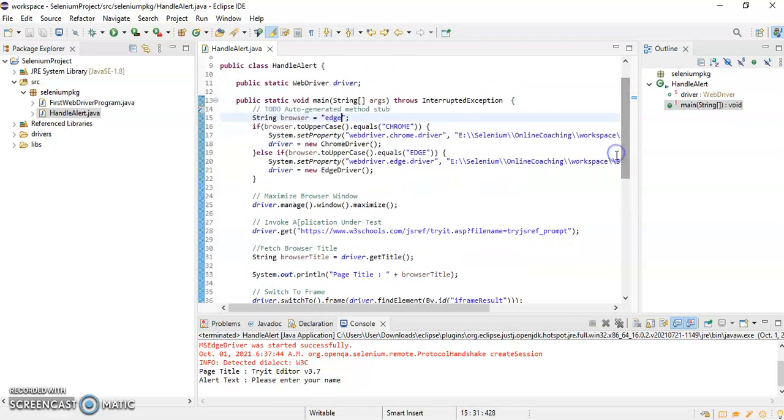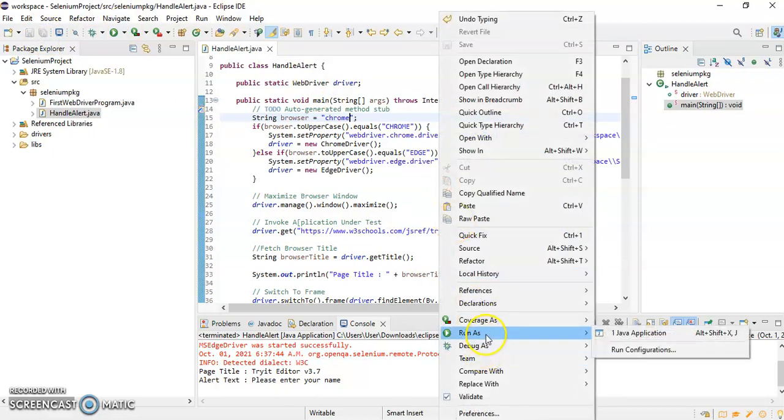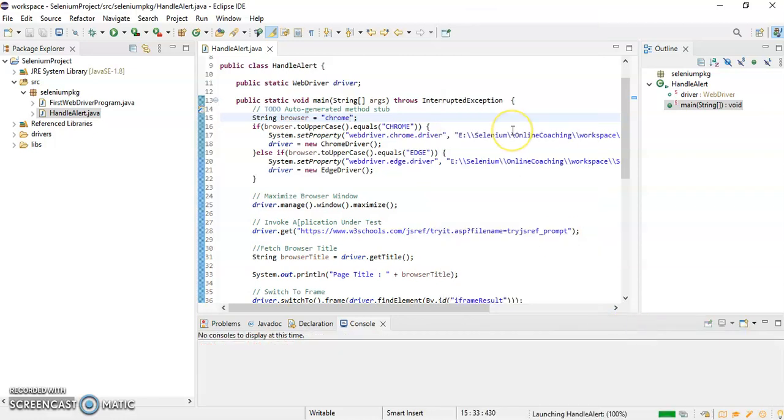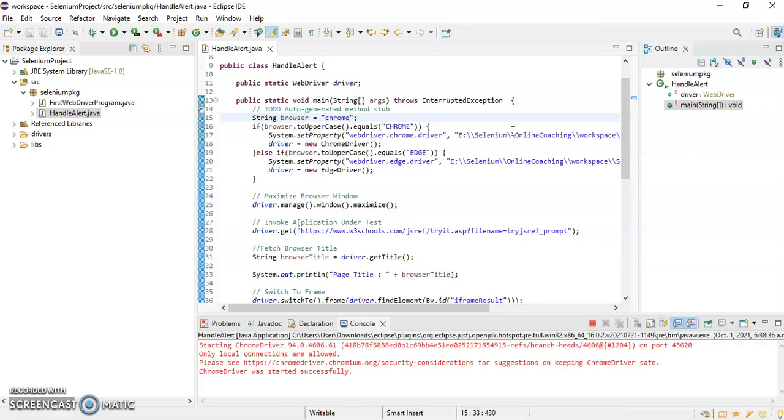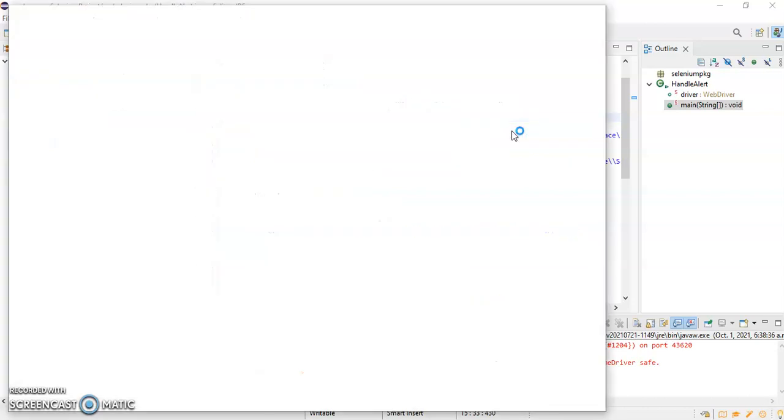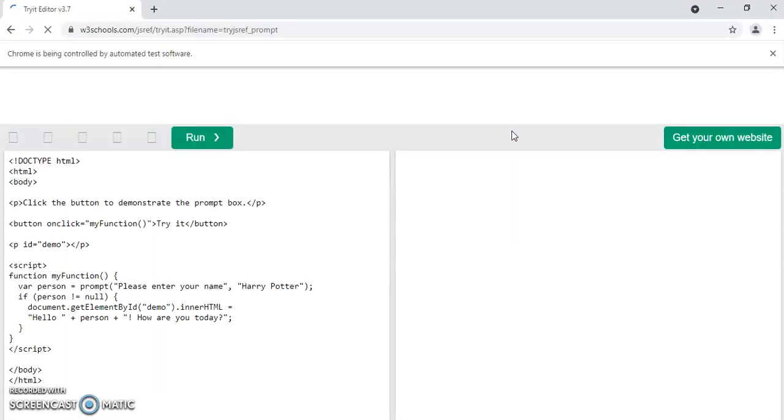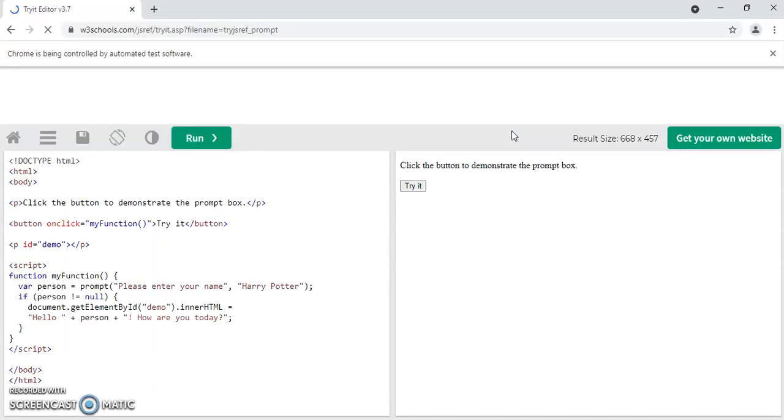So let's run it using the Chrome browser also. I'll change it to Chrome and I'll run the script again. So it has opened my Chrome browser.